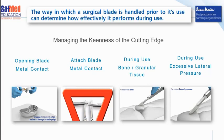During surgery, it's quite obvious if you make contact with bone or granular tissue that it's going to destroy the keenness of the edge. And also excessive lateral pressure. That was one that surprised me a little bit. And of course, it's nothing that we have control over. That relates to the surgeon and the surgeon's technique. If we look at the next slide,